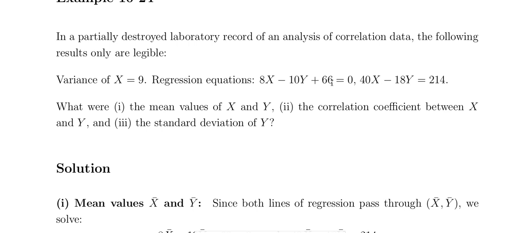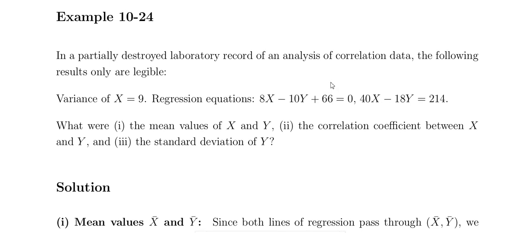Like that, this is a very important problem. Previously, in a problem, they give some data, and we have to proceed with that data. That is okay, that is the partially destroyed laboratory record for an analysis of the correct correlation data. The following results only are eligible. That is variance of x equal to 9, regression equation 8x minus 10y plus 66 equal to 0, 40x minus